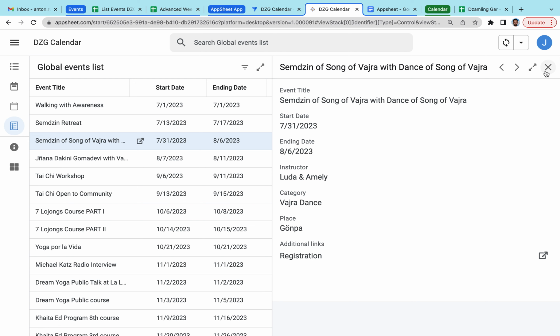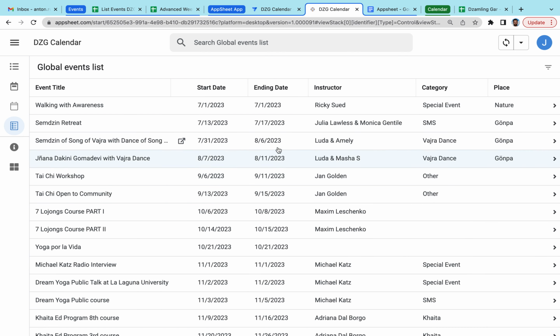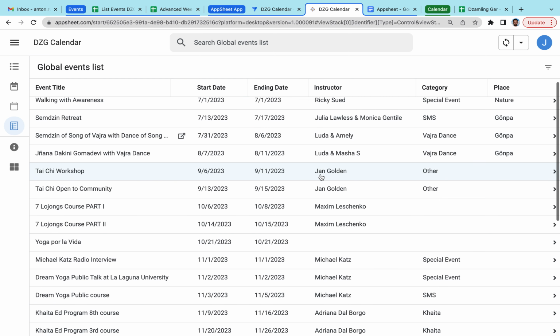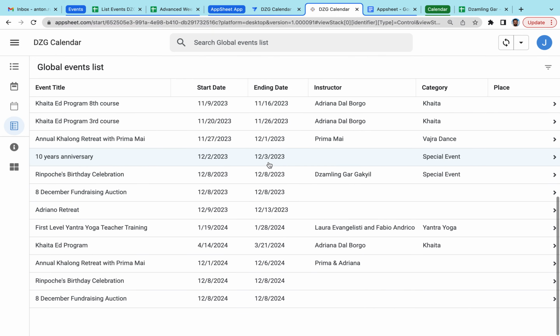So the good thing is that whenever you need to add some corresponding information to the event, you can do this, and it's easier for people. They see the event, they see the link in one place. We can add more information about the event link, or the text of the practice if it's relevant, or a registration link. So we can do this.